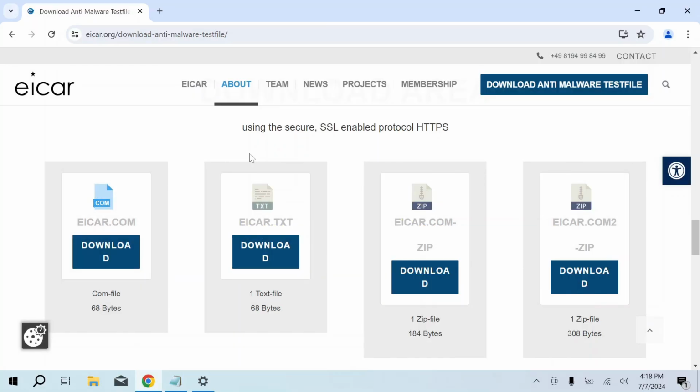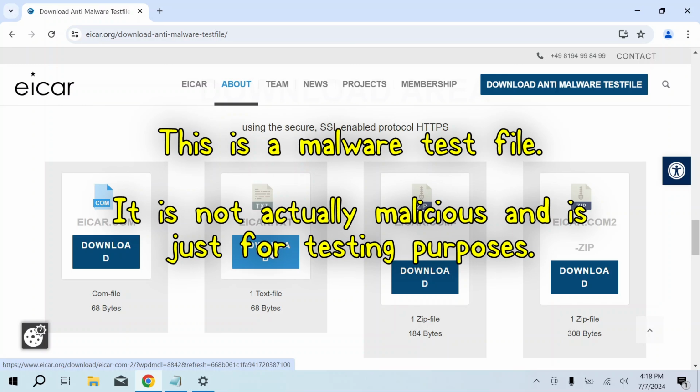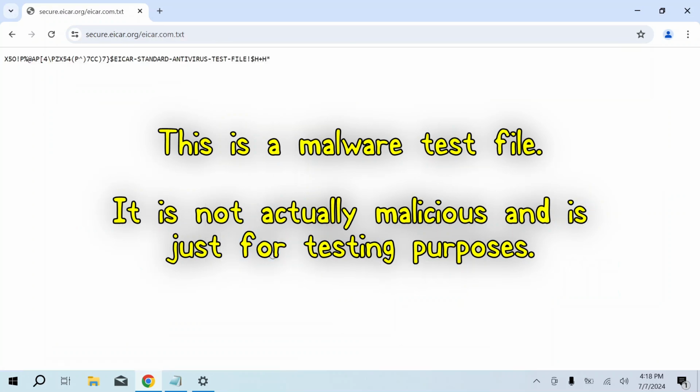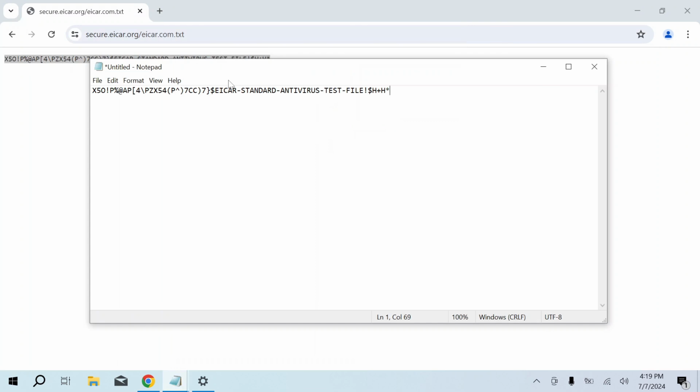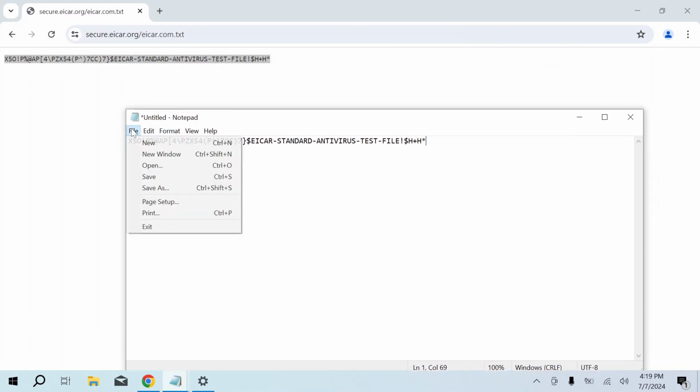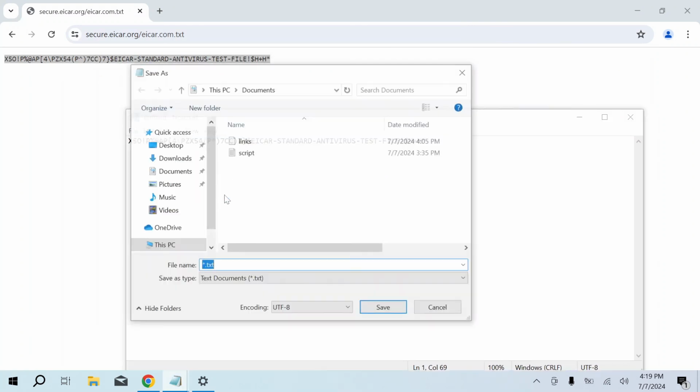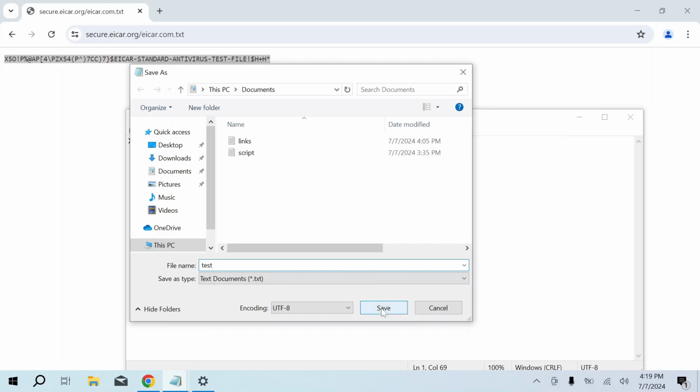These are malware test files. I'm going to click on this EICAR.txt file. And this text right here, if I copy and paste this text into Notepad, and if I save this file, as soon as I hit save,